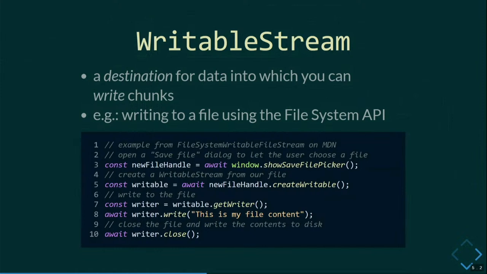So first you do showSaveFilePicker to get a file. The user will get the save file dialog. They'll say, okay, I want you to write it to this file, and you'll get a file handle back, which you can call createWritable on to get a writable stream. And it's kind of similar to a readable stream. Instead of getReader, you do getWriter, and that gives you a writer, which locks the stream again, so you're the only writer that can use that stream at that time. And you call write to write data to the stream. And when you're done, you call close, and it'll close the file and make sure that it's written in its entirety to the file system.